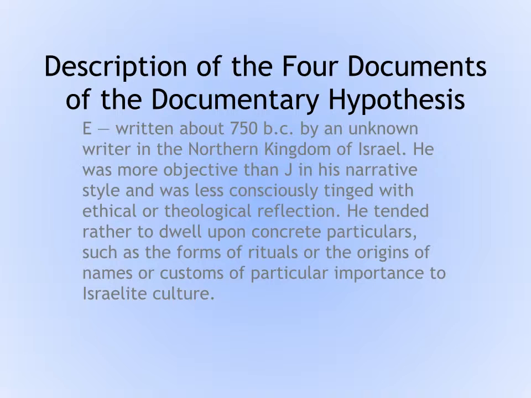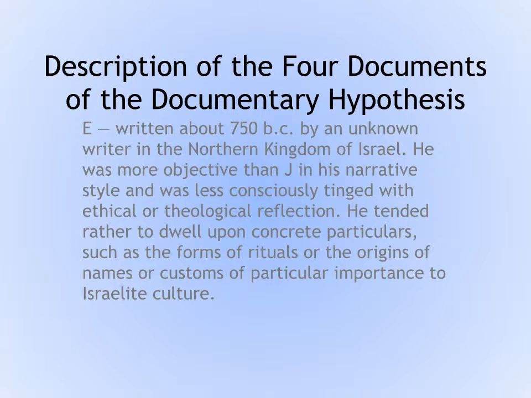And so that's why you have this belief that the J documents were written by someone from Judah, which was the southern 2 tribes that were headquartered in Jerusalem, and then you have the northern 10 tribes, and eventually both of these are carried away into captivity by the Syrians and the Babylonians.